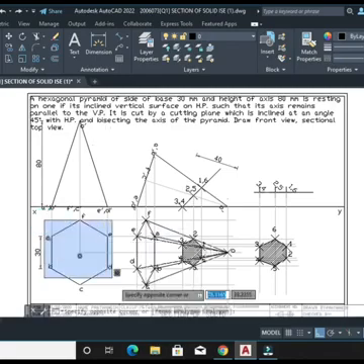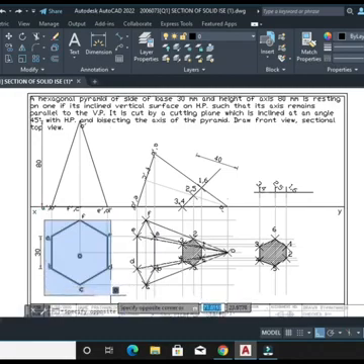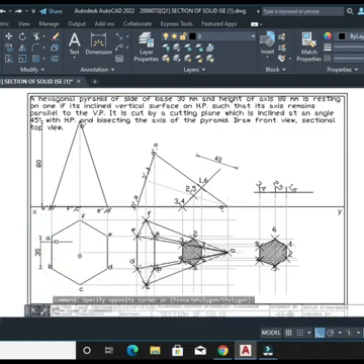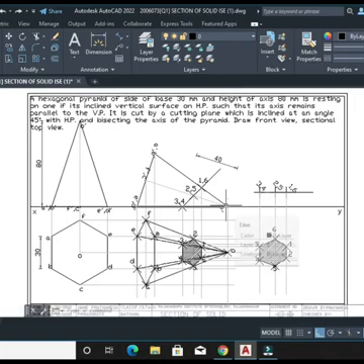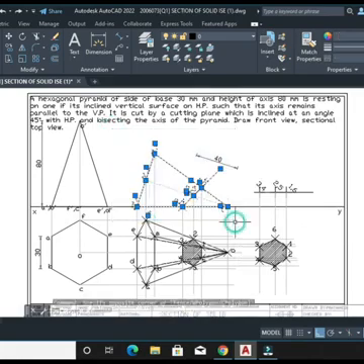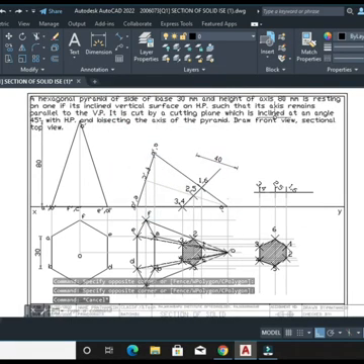As the base of the hexagonal pyramid is of 30 mm side, we have taken the base as you can see from the measurement, and the axis height is given as 80 mm. We have also taken that axis height, and now the further condition is given that one of its vertical surfaces is on HP. That means we copied this and placed one of its surfaces on the HP, as you can see in the second diagram. Then we have done, according to the third condition,